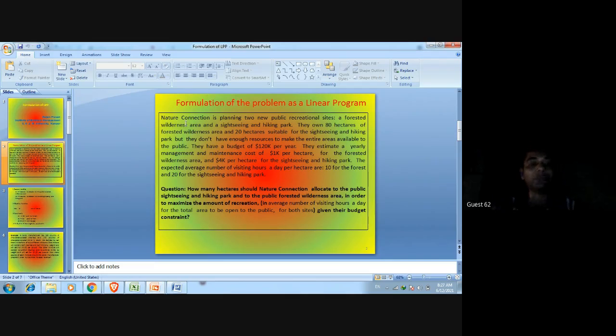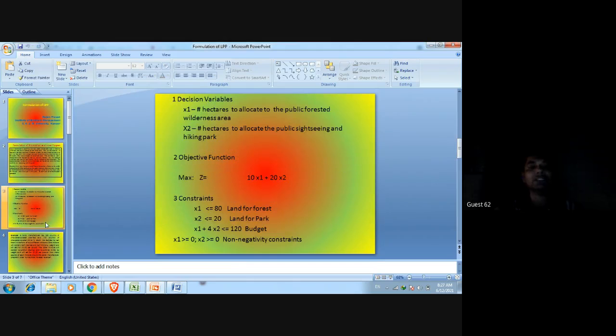Now we have to construct a model for this real life situation. This is the problem we have represented, and now we will construct a model. So let us see. This is the model for that given problem. All the mathematical formulas, the variables, and the objective function we have decided, and after taking all these things we have constructed a model. So this model will represent our real life situation.